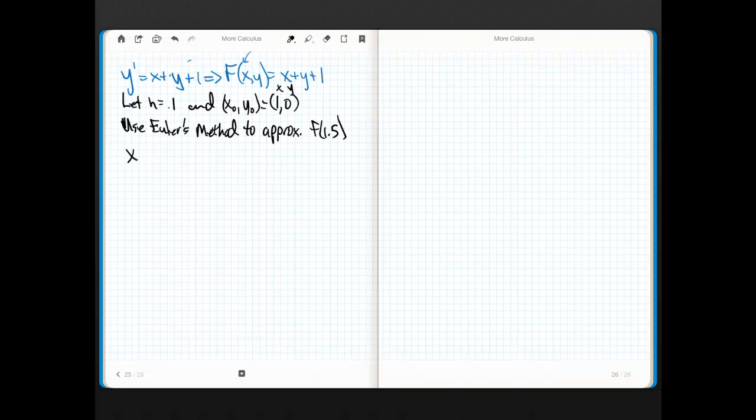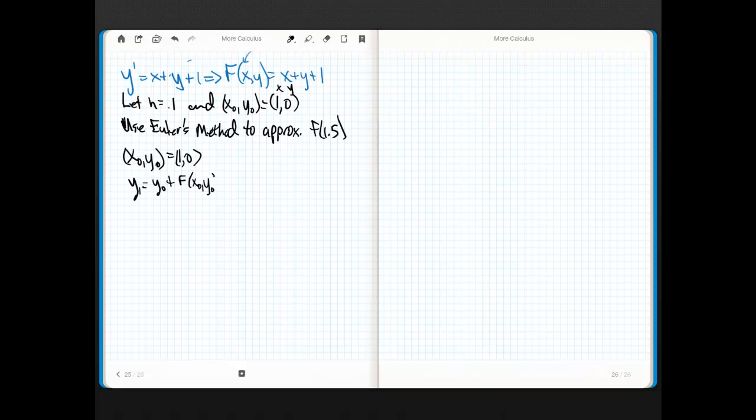So here's how I do this. You don't have to do it the way I do it, but I recommend that you do. All right, x naught, y naught is equal to 1 comma 0. I know that y1 is approximately equal to, now watch what we're going to do here. Let's write this up pretty. I know that y1, the end point of the line segment we just created, is going to be y naught plus f of x naught,